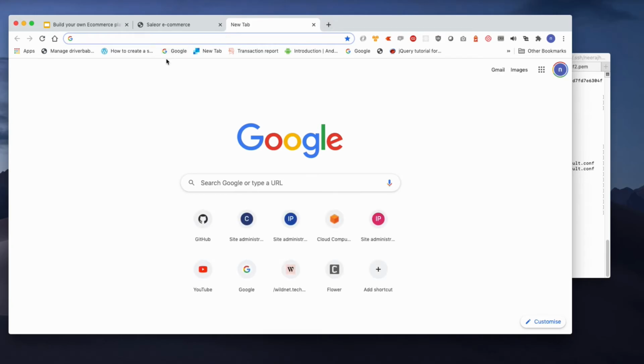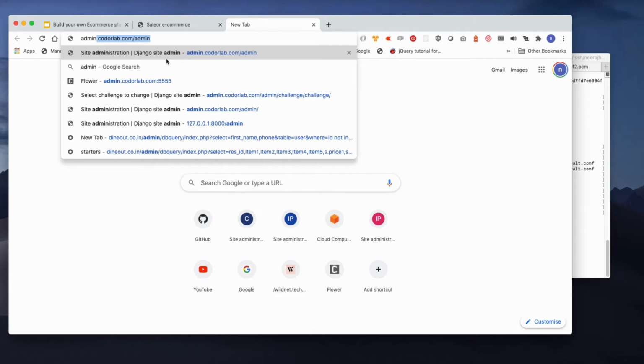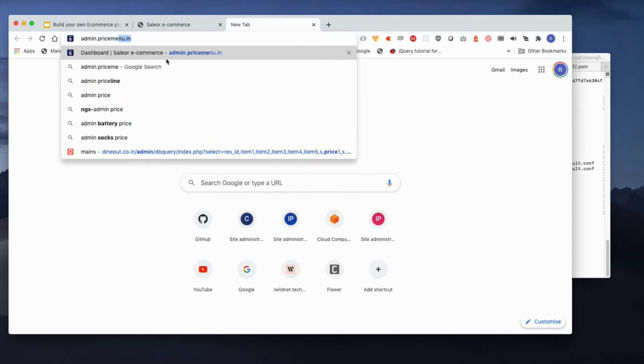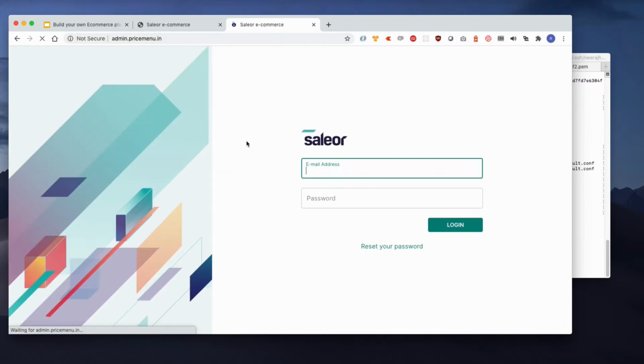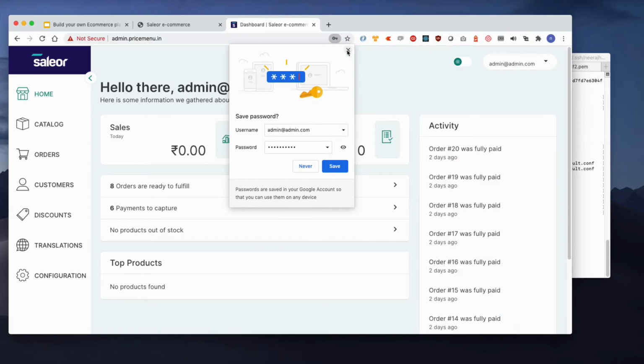So let's see if our website is working or not. Let's check the dashboard, admin.pricemenu.in, and yes, it is pointing to my admin panel. I can log in, and yes, I am able to log in.